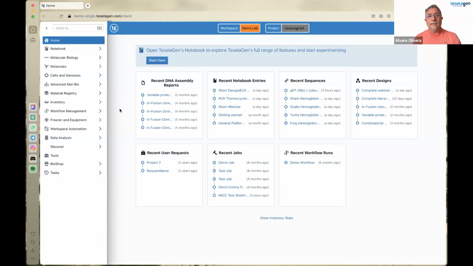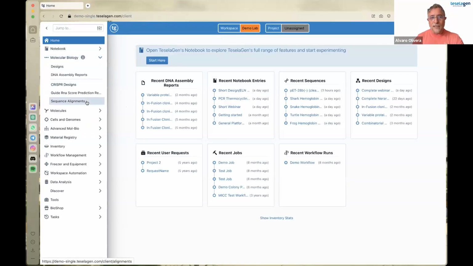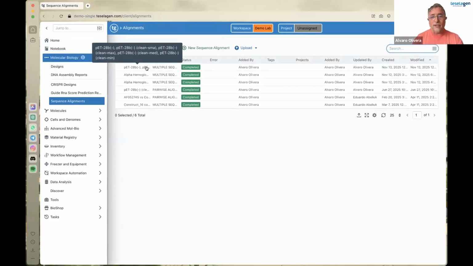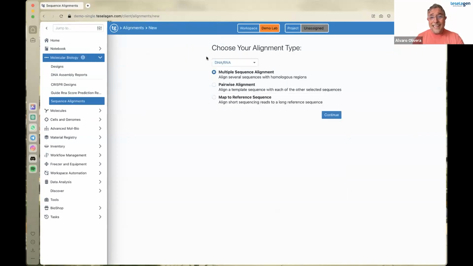So let's start with the sequence alignment tool. There are many ways in Teselagen of getting the same result, but the easiest way is to go directly to sequence alignments here in your left-hand menu. When you go to sequence alignment, you have a list of all the alignments you have performed in your system. You can, of course, review any of them. But if you want to create a new one, you just click here